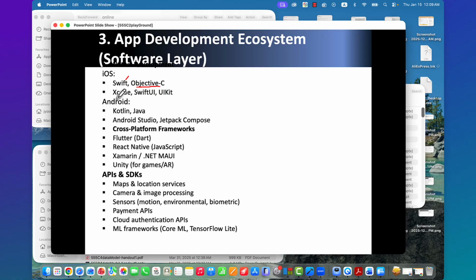And then there is the IDE, integrated development environment, which is Xcode. So we're going to work on this, and we import SwiftUI or UIKit. So this is for the user interface.